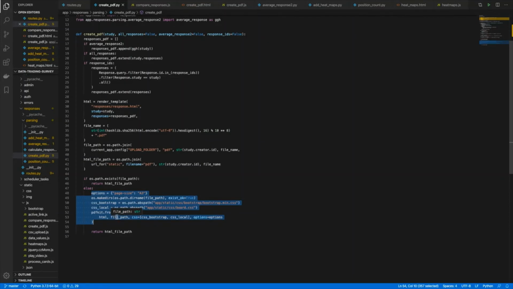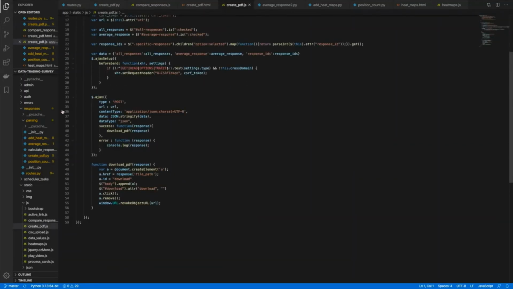The file path for this file is then sent back to the AJAX function, which sent the form options originally, and this download PDF JavaScript method is called, which downloads the file at the file path within the browser.